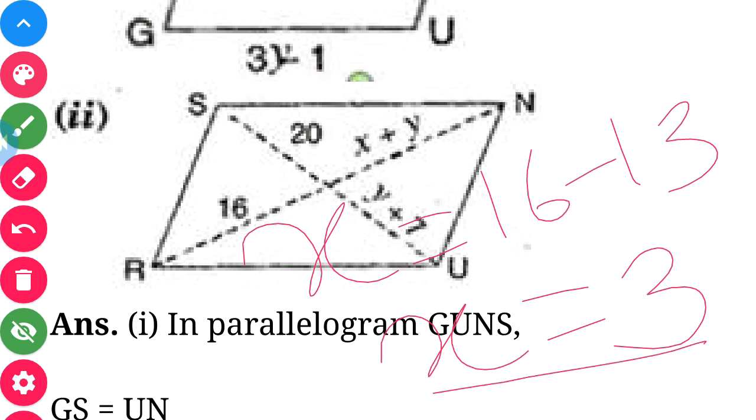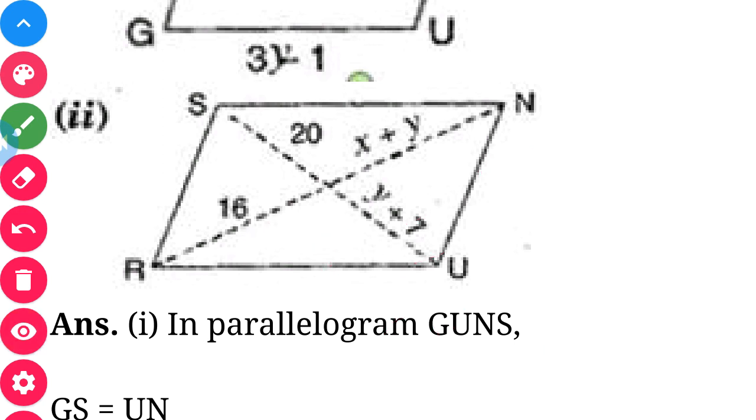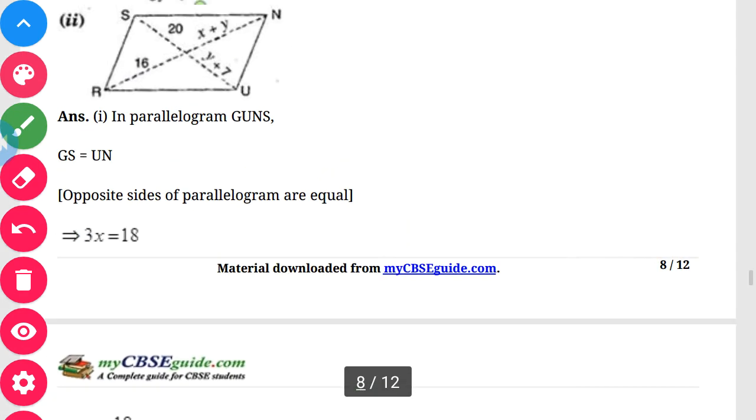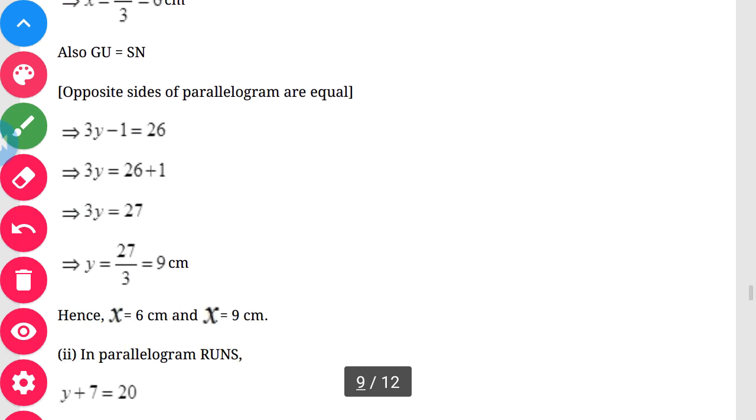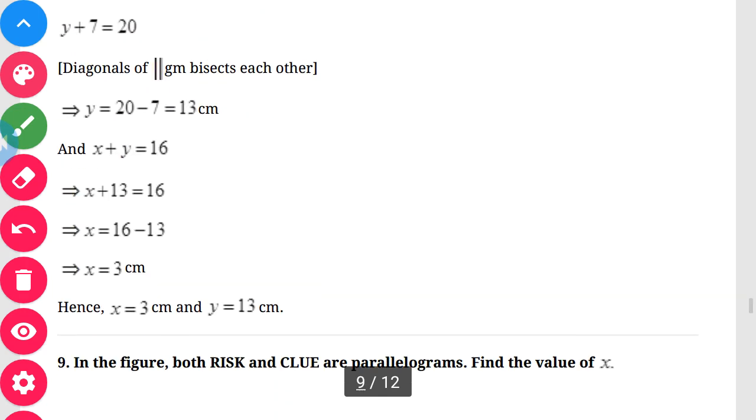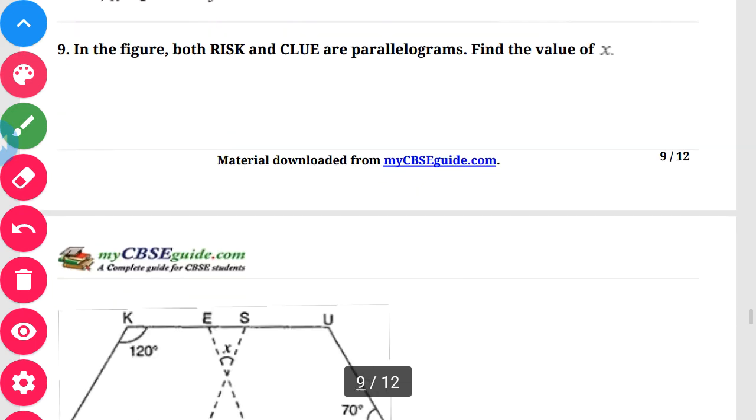This is how you're going to solve, children. Only if you are perfect with the properties of quadrilaterals can you easily solve this sum or any kind of sum given in your question. So here we are done with it. I told you naming is very important, where you need to state the properties with the proper letters you're going to use. GS is equal to UN, such kind of things come into the picture. So I have told you, equate one with another and find the value. So x is equal to 3. This is how you're going to solve this.